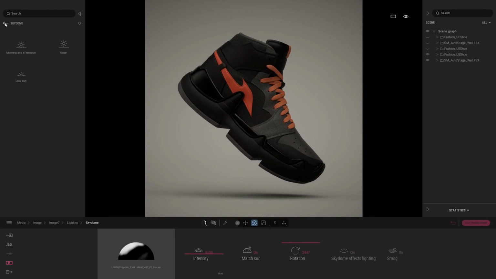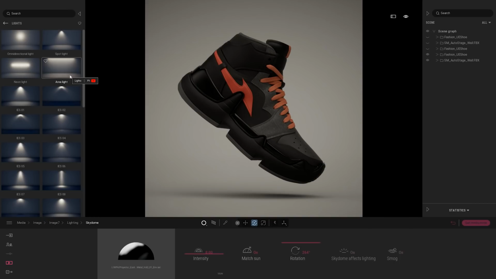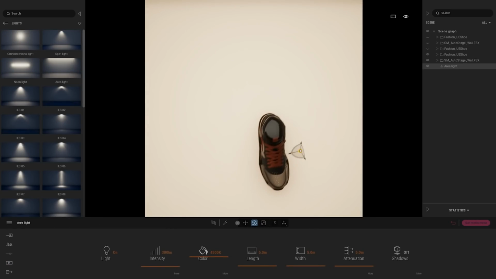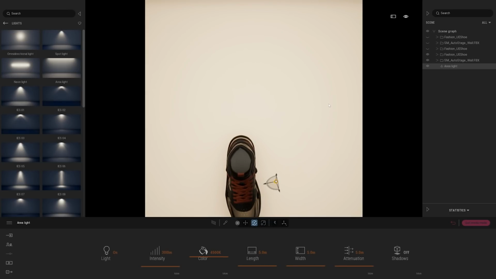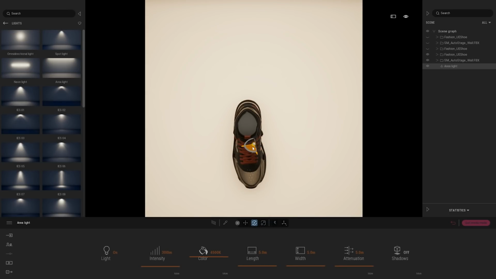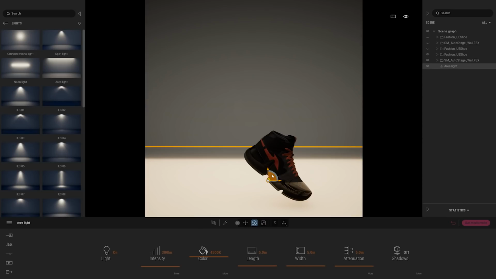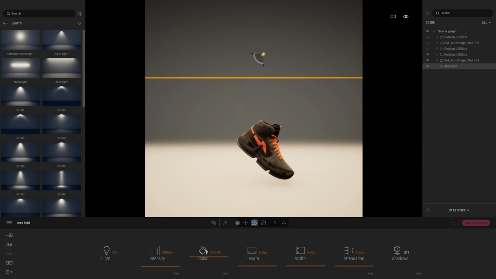On that new lighting scenario, I also want to use a light. In Twinmotion, there is plenty of different type of lights. So you have omnidirectional, spotlight, neon, area, and a lot of different IES files. So here I'm just going to use the area light. For that, I will move the camera up in the air to make sure it's placed exactly on top of the shoe. And just moving it slightly up in the air, something like that.